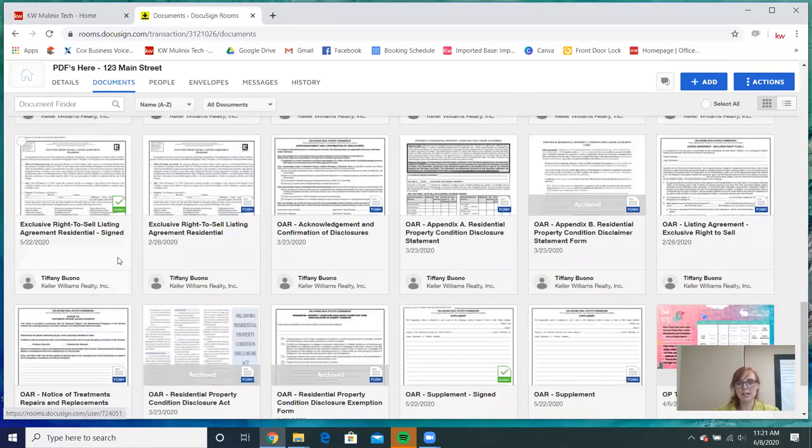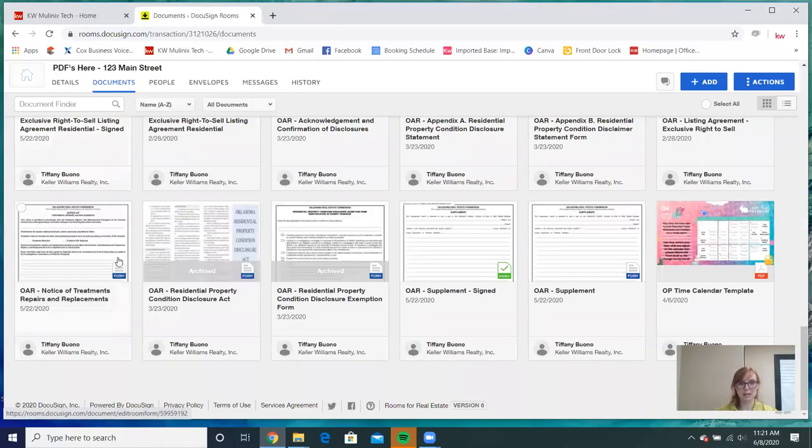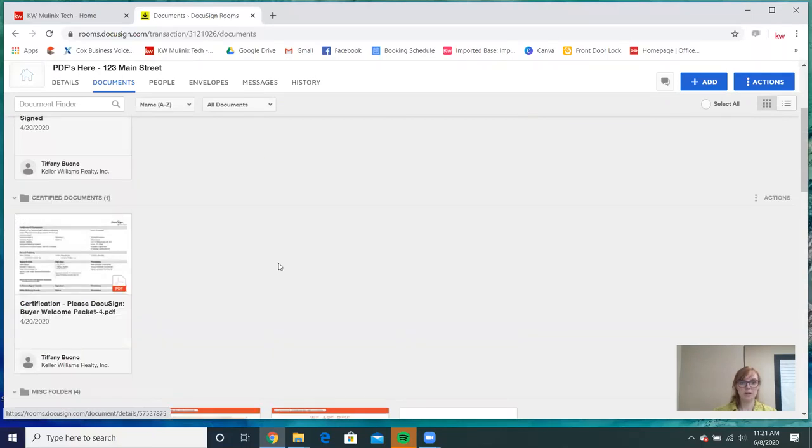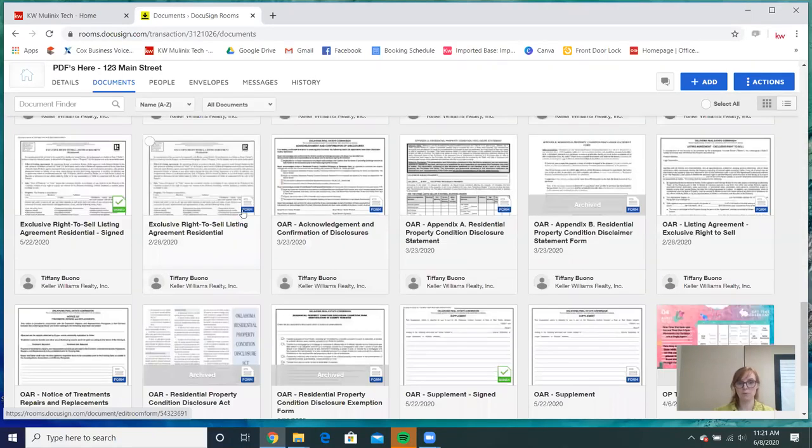So that is how you split and combine documents. Now we've also discussed what the difference between a PDF, the signed, the certified document, and the form is. So if you have used Docusign in any way, you may say, okay, well, she doesn't have any templates in there. So this is where documents gets a little bit confusing for people, and it's why our next Docusign is